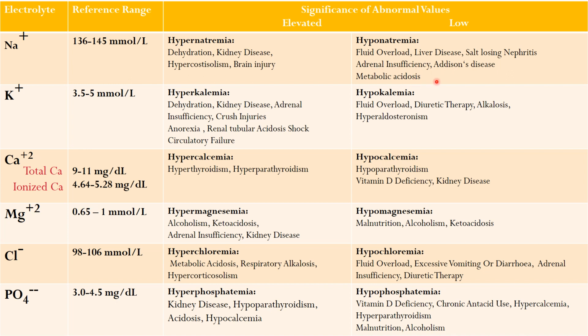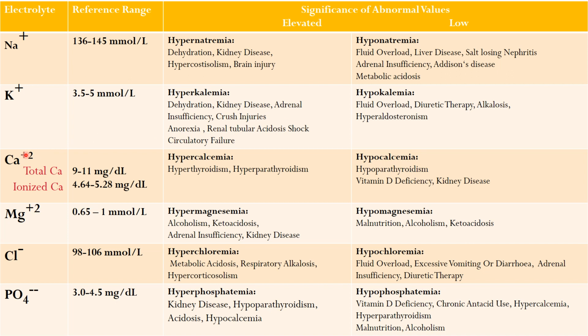disease, or adrenal insufficiency. Now, as far as potassium ions are concerned, the normal range is 3.5 to 5 millimoles per liter. If the values are above the higher range limit, that is above 5 millimoles per liter, it is called hyperkalemia, and it is seen in dehydration, kidney disease, adrenal insufficiency, crush injuries. On the other hand, if the values are lower than 3.5 millimoles per liter, it is hypokalemia, and it is seen in fluid overload, diuretic therapy, alkalosis, and